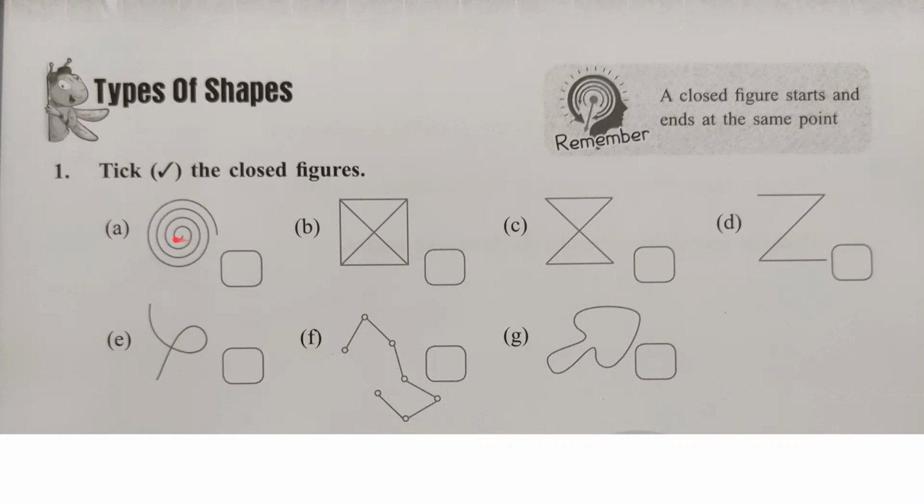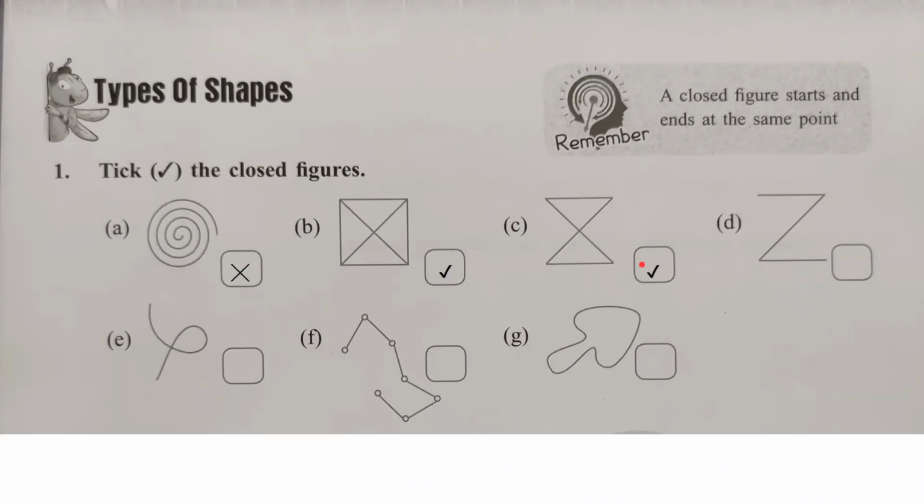Now, if you see the first figure, it is starting from here and ending here at a different point. It has an open boundary, so it is not a closed figure. Now, take the second figure. It is very clear. All the boundaries are closed, so it is a closed figure. Now, the third figure: all the boundaries are closed,